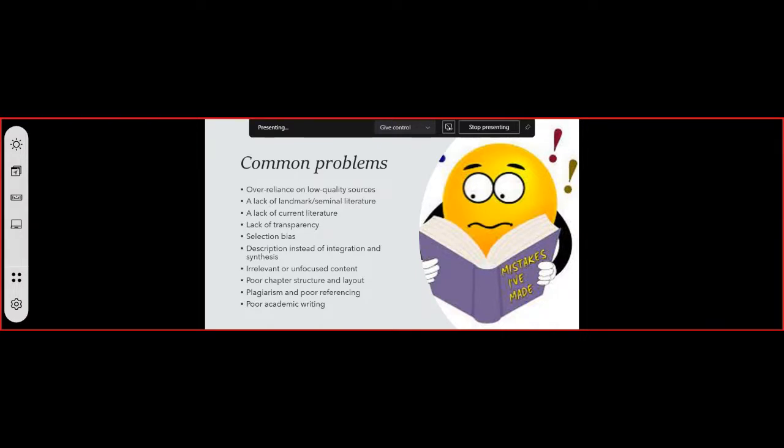Another thing is when there's irrelevant or unfocused content. And I mentioned on Tuesday evening as well, that you need to keep focused. There's a lot of content, you're going to do a lot of reading, and it's very easy to become distracted. And it's very easy to become unfocused in your writing. So as soon as I start getting an idea that you're going walkabout, you're not staying on topic, you are not staying with the aim or the purpose of your review, that you are including irrelevant information, I